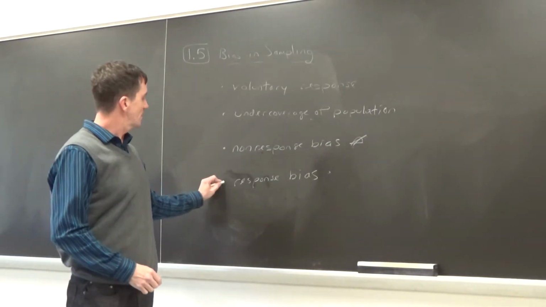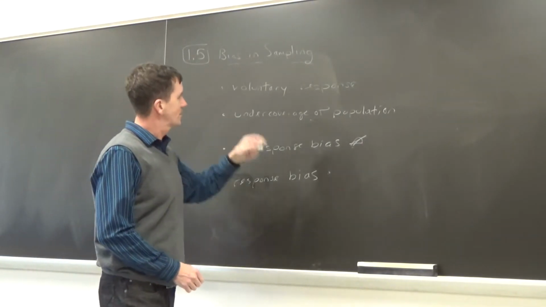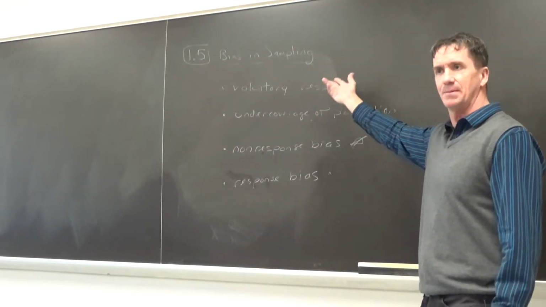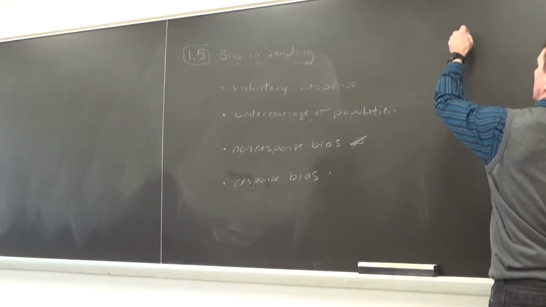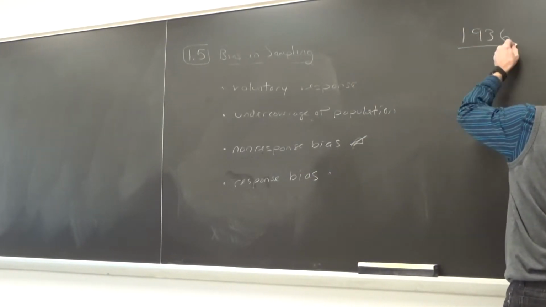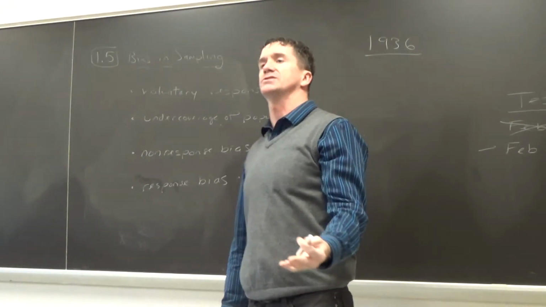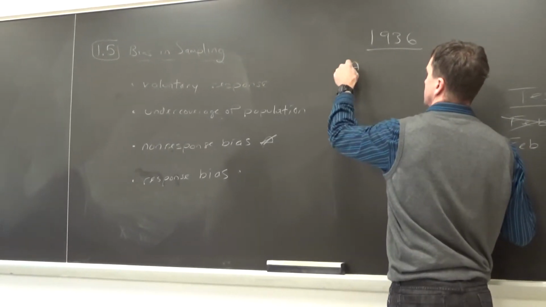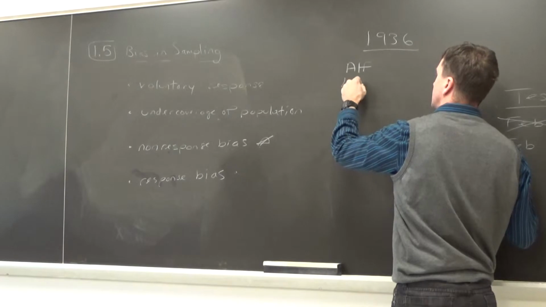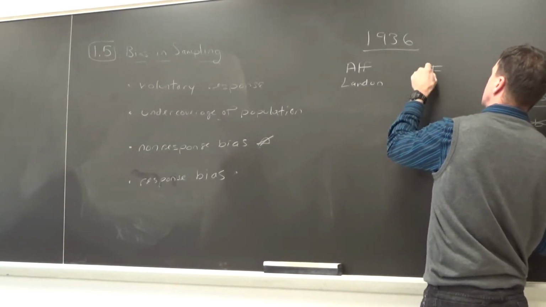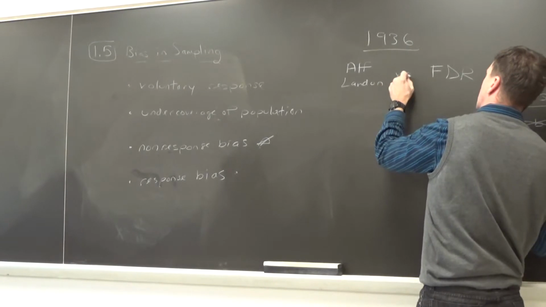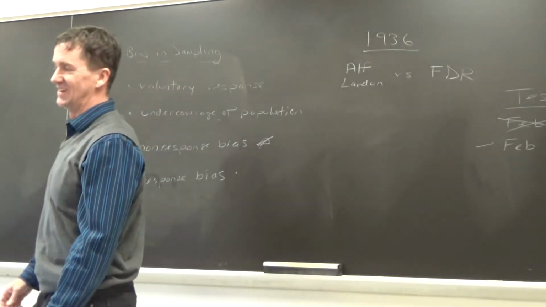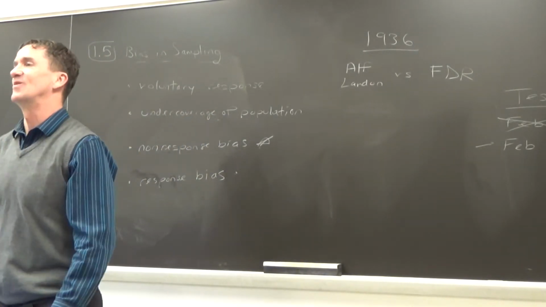All right. Now I'm going to give an example. Something actually happened. And I'd like you to raise your hand and recognize any type of bias in this type of sampling method. This is back in 1936, prior to the election, as they're voting for the United States president. And these 2 people are running: a gentleman named Alfred Landon, running against Franklin Delano Roosevelt. So they're running in Literary Digest. I've never heard of that. There's probably a reason behind it as we go through this. But you hear the whole story.